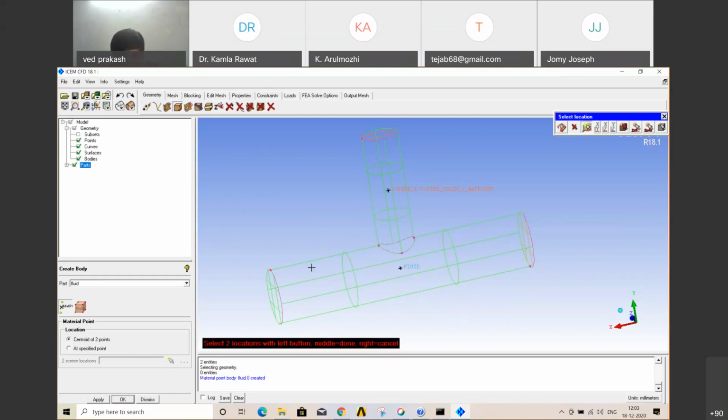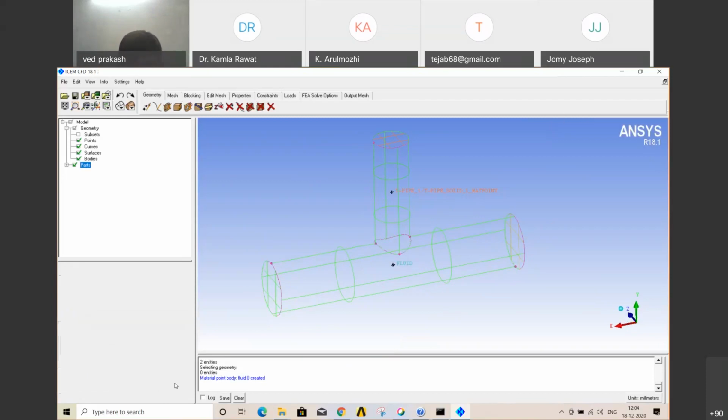Now you can see your fluid body inside the geometry. Its significance is that there is a fluid inside your geometry; it covers all the area which is open to this fluid body. Just dismiss it. Now we have created a fluid body, which was not easy in the case of blocking.